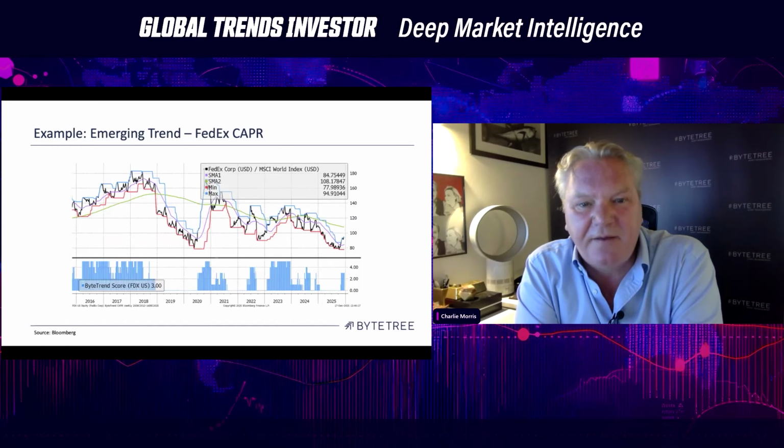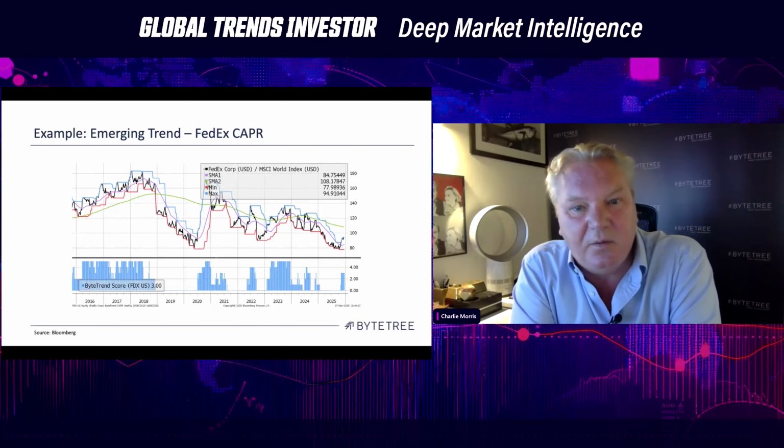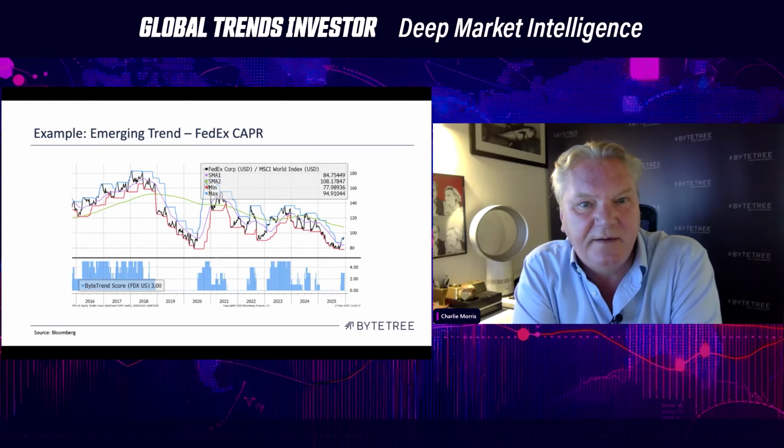And then FedEx has been lagging the world for the last few years, along with other transport stocks and logistics stocks. It gives us concern about the economy when the transport sector's slack. That means goods aren't going to market as quickly or in the same volume as they normally do. But the good news is that FedEx has made a 30-week relative high. It's not a long-term uptrend yet. We've still got the green moving average going down, but the other bit's good. It's a ByteTrend score of 3, so it's a medium-term uptrend with a long-term downtrend,